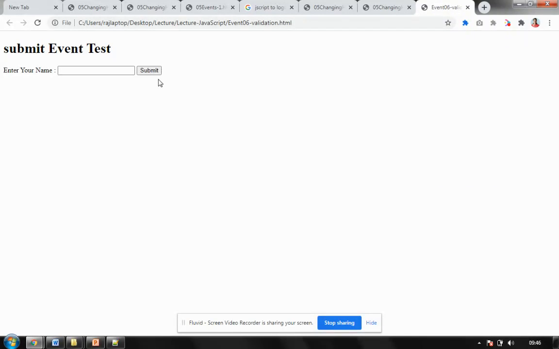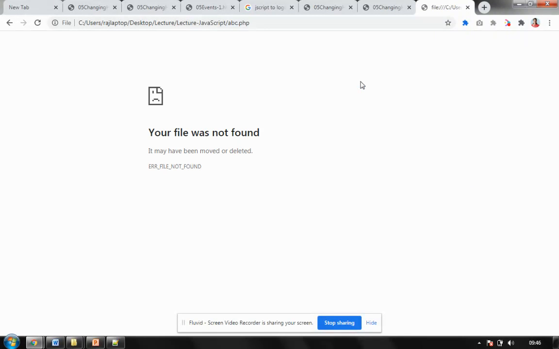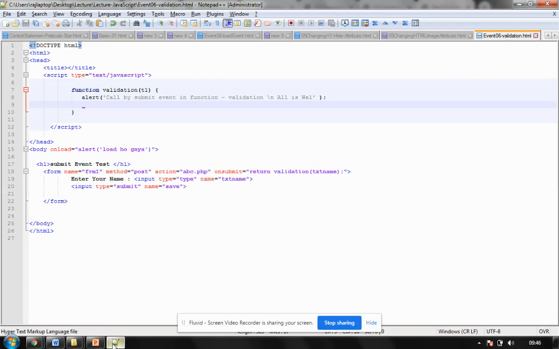The text is here. When I click on this submit button, what happens? It submits. It says yes, page is submitted, validation is activated. If I click on OK, I go to the next page. Say I go to something called page ABC, which is not present there. But when I click on submit button, I go to the next page. So where it is indicated, this ABC is indicated here.